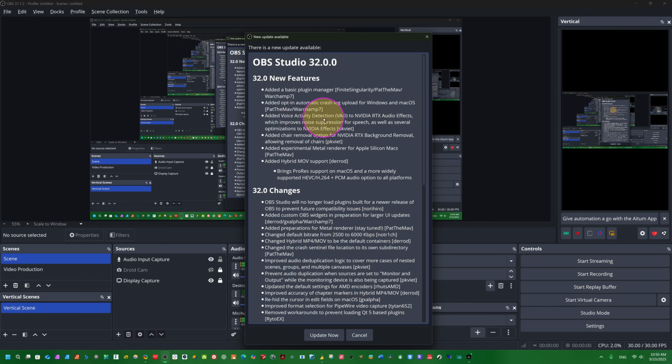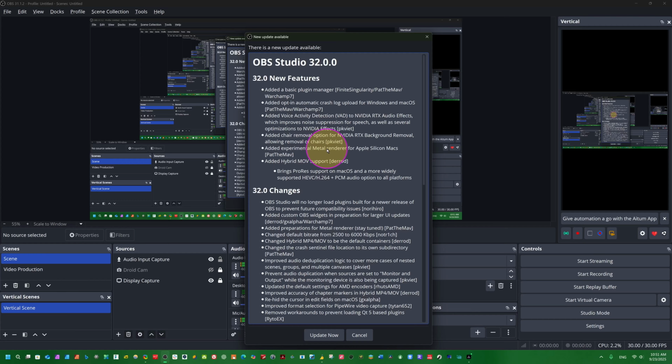Added voice activity detection (VAD) to NVIDIA RTX audio effects, which improves noise suppression for speech as well as several optimizations to NVIDIA effects. So if you use an NVIDIA GPU, this update will help you a lot. Added a chair removal option for NVIDIA RTX background removal, allowing removal of chairs.